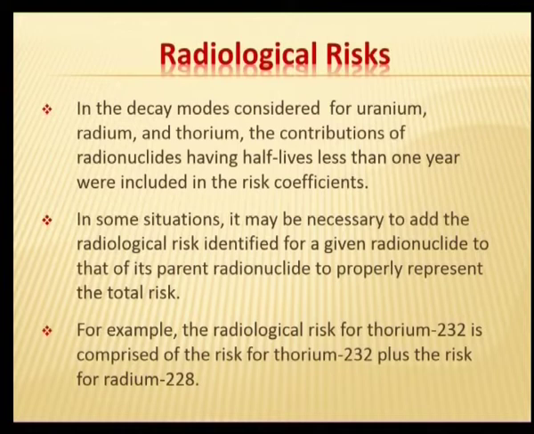risks. We have not discussed the radiological risks or the effect of the gamma radiation in particular on human beings and elements, which should be taken up at a later stage. The radiological risks are to be discussed in detail in the decay modes considered for uranium, radium and thorium. The contributions of radionuclides having half lives less than 1 year were included in the risk coefficients. In some situations, it will be necessary to add the radiological risk identified for a given radionuclide to that of its parent radionuclide to properly represent the total risk. For example, the radiological risk for thorium 232 is comprised of the risk for thorium 232 plus the risk for radium